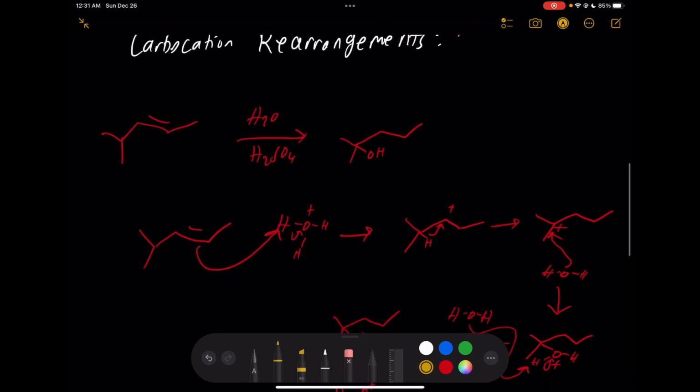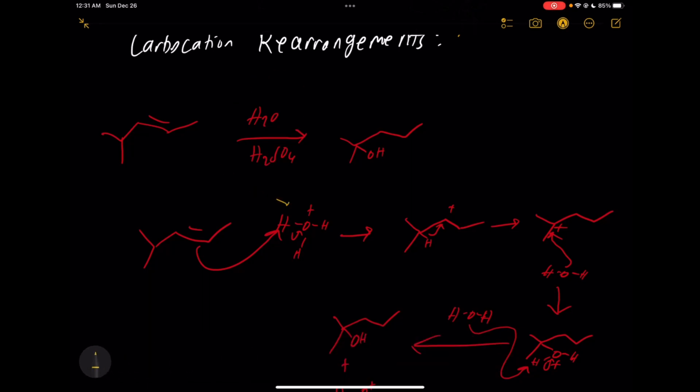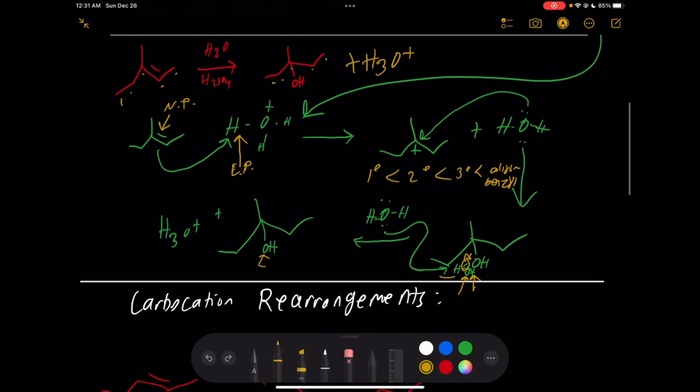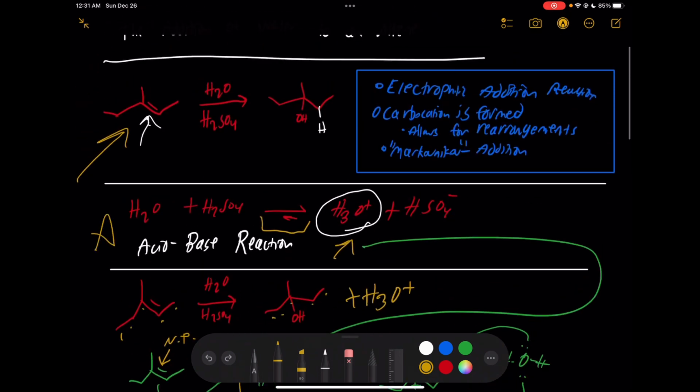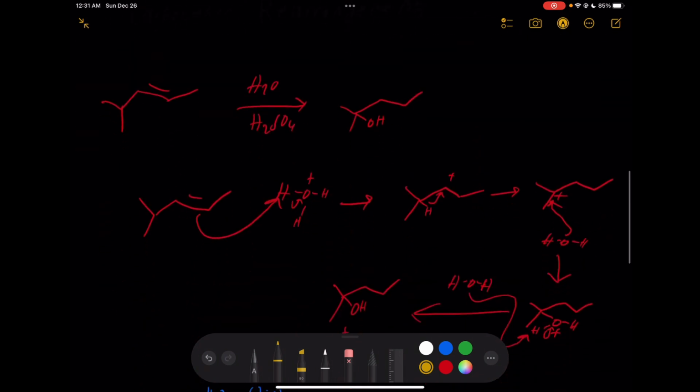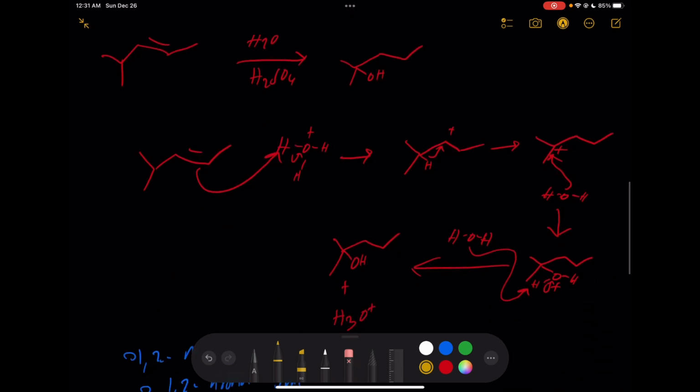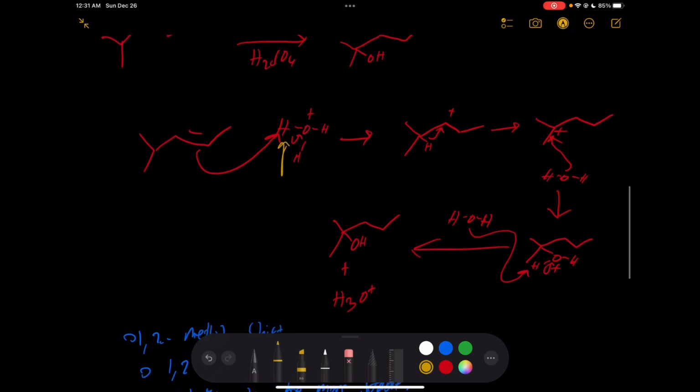So let's begin. So again, same thing. I didn't draw the acid-base reaction for this question just because I used the same exact reactants for this question, so I didn't really feel like it was necessary because we already have that right here. Perfect. So then basically that hydronium, same thing. The hydrogen gets abstracted right here, and then we have a carbocation right here. And because we see that it can become tertiary right here versus secondary right here, we will get that 1,2 hydride shift, which I